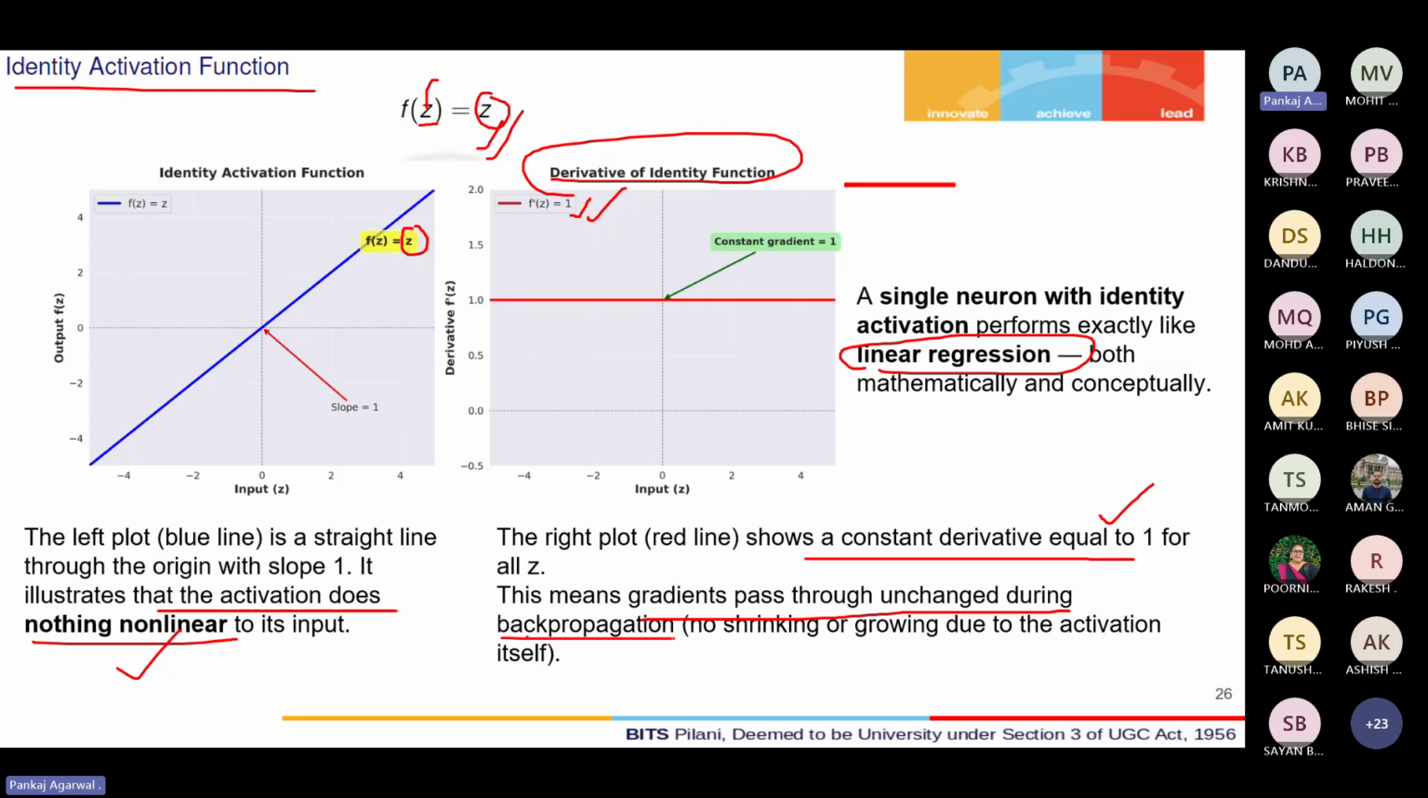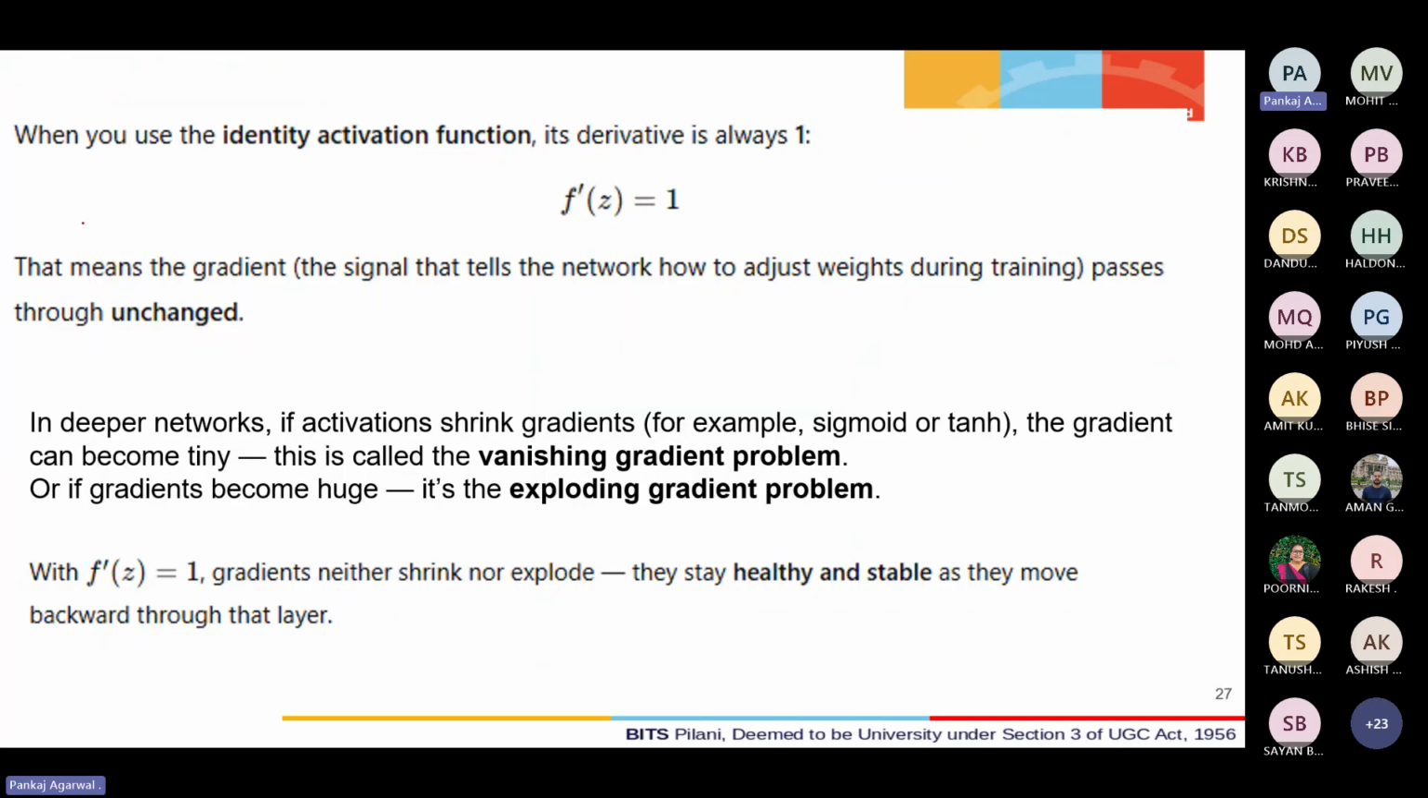Although we haven't covered backpropagation, you all know the idea that we need to minimize the error in multiple iterations, right? So what I'm trying to say over here is, when you use the identity activation function, its derivative is always one, right? And this means that the gradient passes through unchanged, right? And that really helps me for modeling the linear regression problem with a